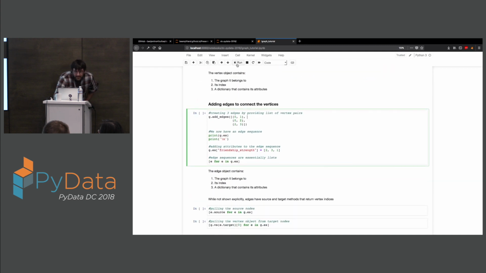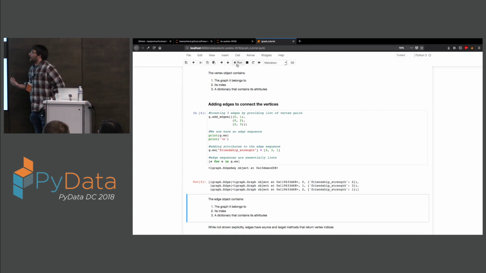We're going to do the same with edges. You can add edges, and the edges accept a pair of vertex indices, and it will just connect from the first index to the second one. If it's directed, it will have a direction; if it's undirected, it just connects the two things. So here, the first three connect node 0 to node 1, node 0 to node 2, node 2